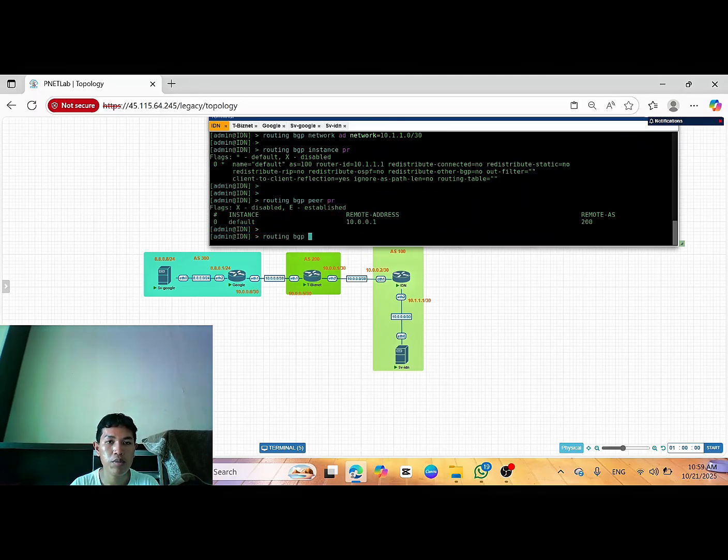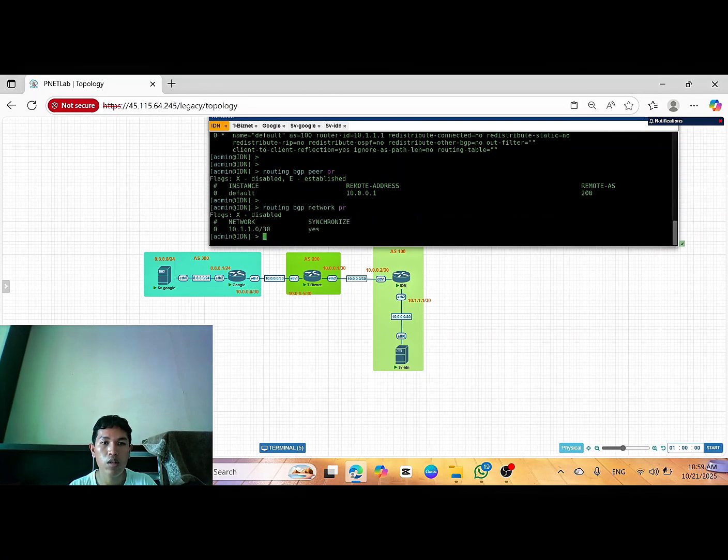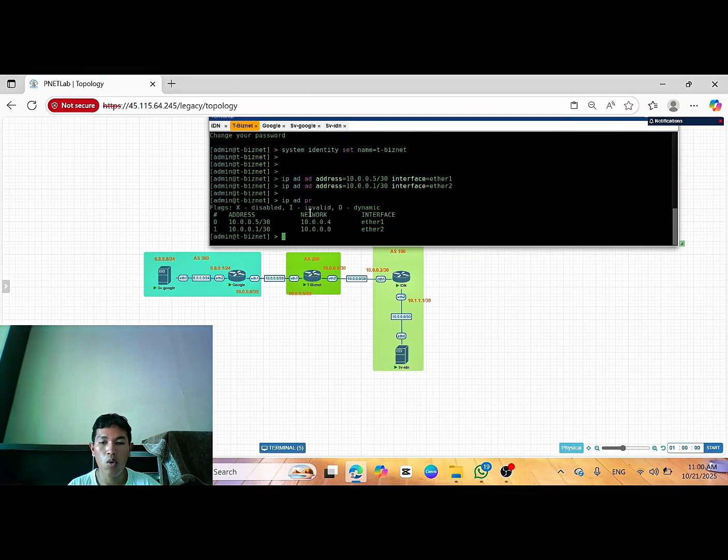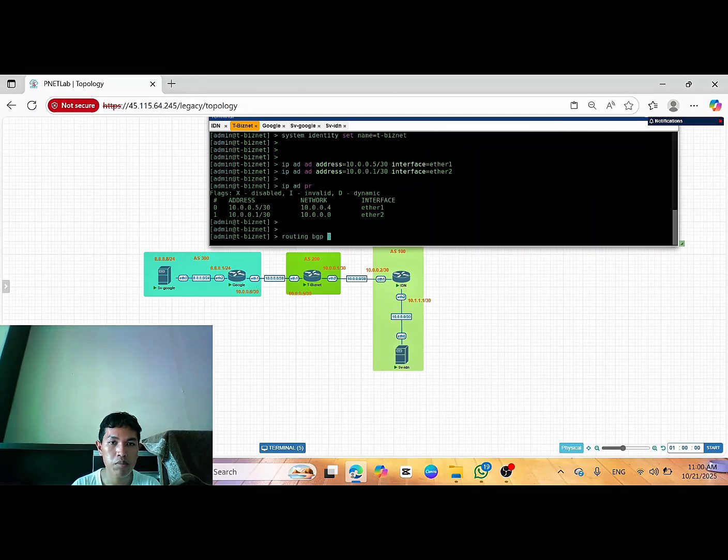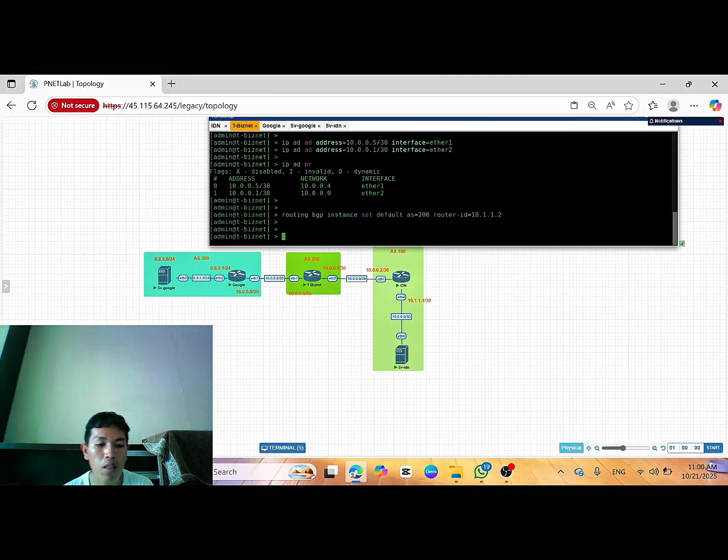And routing BGP network print: this is the network from the server, the advertised server. Then go to BizNet, routing BGP instance set default AS 200, router ID 10.1.1.2, enter.